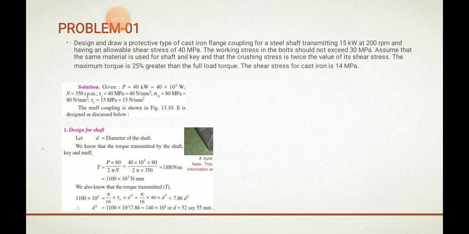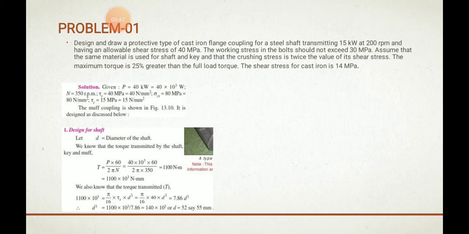Remember one thing: when you go for solving problems on the coupling, any problem on the design, you must and should have the data handbook with you. Without that, it is impossible to solve any problem on the design of machine element. While watching the video also, it's recommended that you sit with the data handbook, so that you know where the formulas are in the data handbook, and in the exam also you can immediately go to that page and pick the formulas.